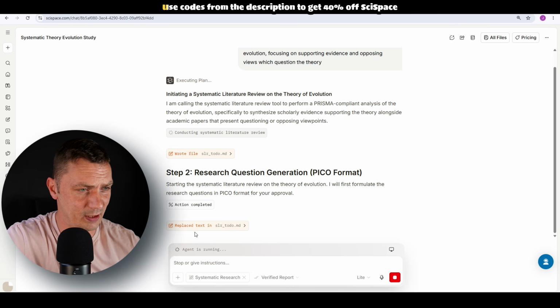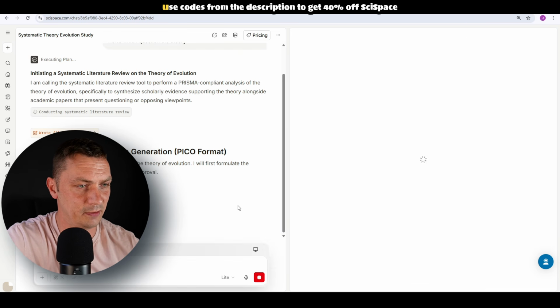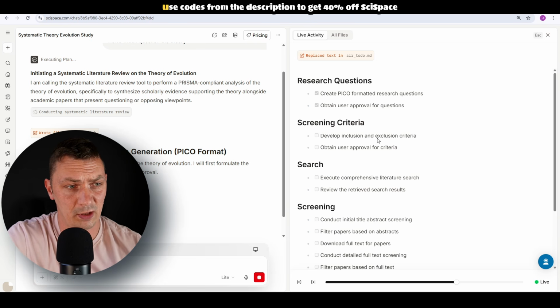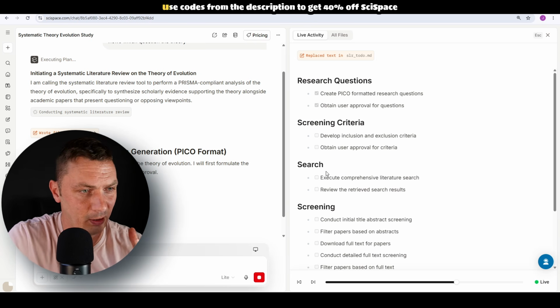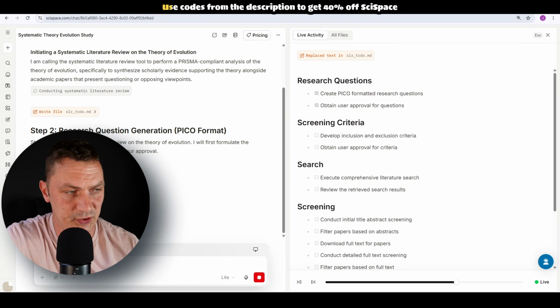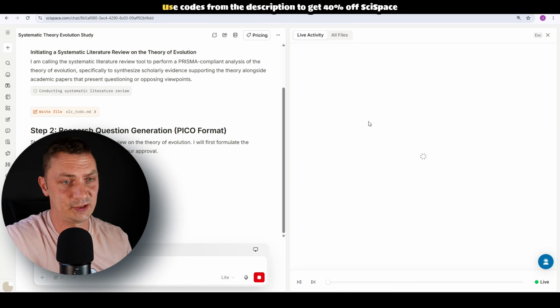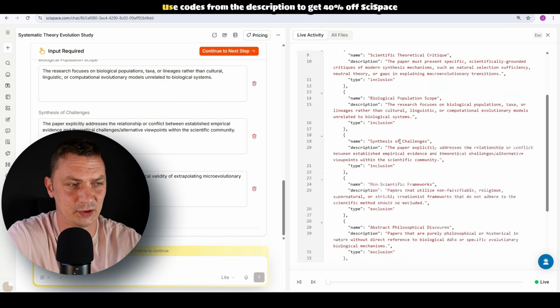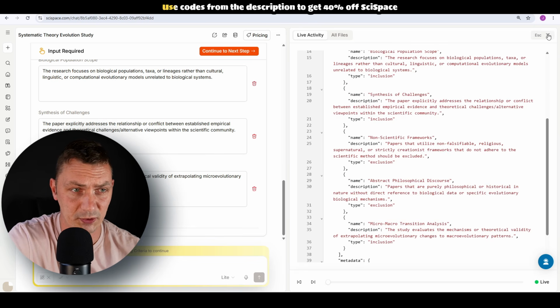You have access, I can't remember how to open it. I believe if I click here, that's where it is. You have access to everything that it's doing, everything, all the thoughts or whatever we call it, as they are happening. But you can see also it's generating screening criteria, and it will keep asking me questions. I don't understand half of these things on this screen, so I'll just close it.